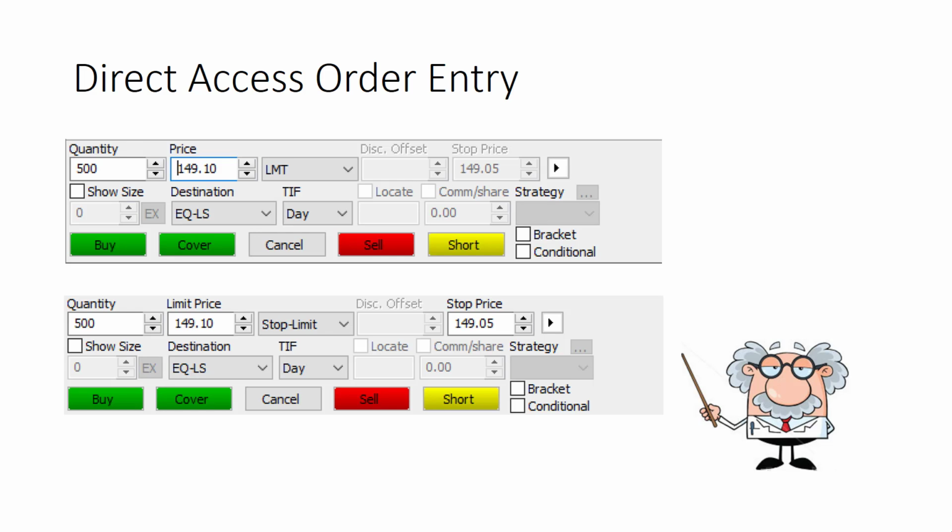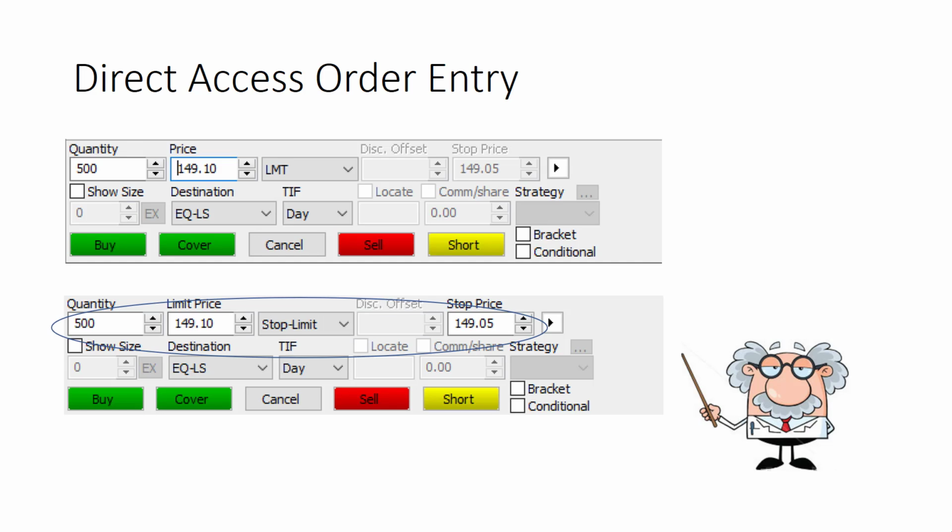In this case, we've got a stop limit order, the stop price 149.05. So now if Apple gets to $149.05 per share, something's going to happen. That's not my stop loss. That's just a stop price. That's an activation price. And what's going to happen? I'm willing to buy it all the way up to 149.10. 149.10 is the worst price that I'm willing to accept. 149.05 is the level that the strategy tells me to start buying.